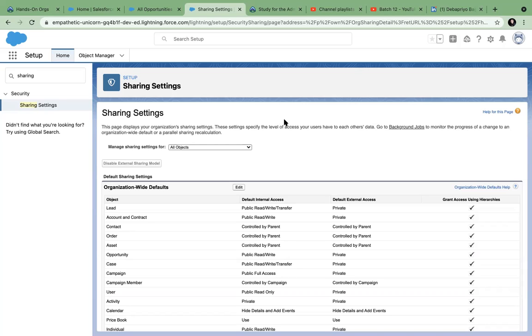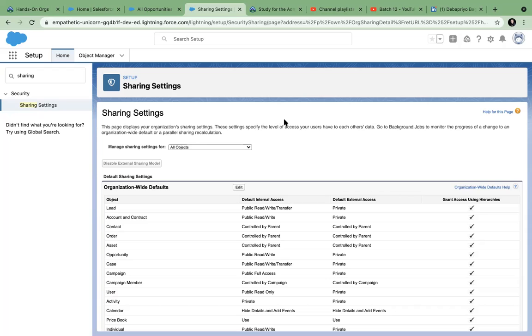So now the org-wide defaults, have they been set as per business requirements first, or were different profiles created first, with different permissions, and different users created and mapped to those profiles?